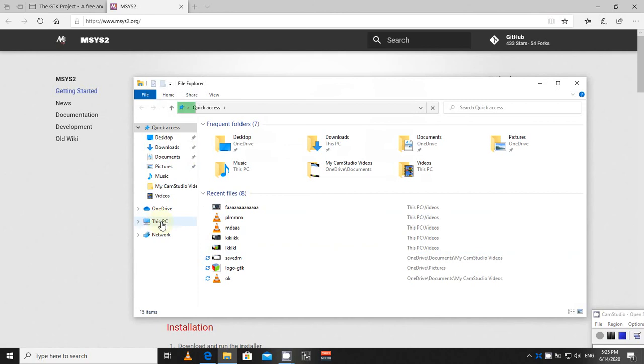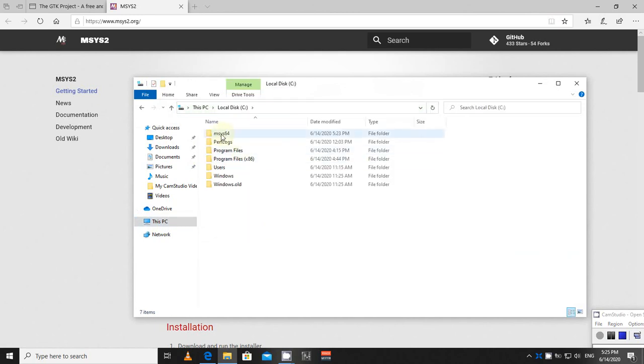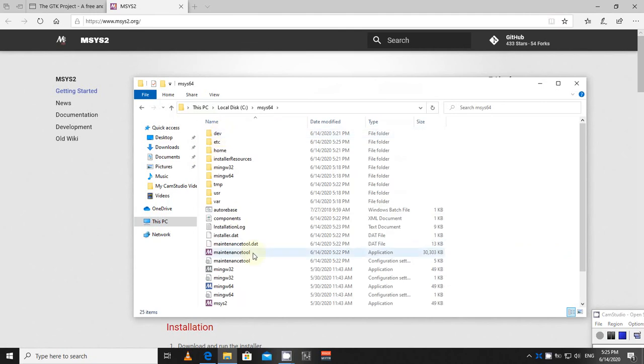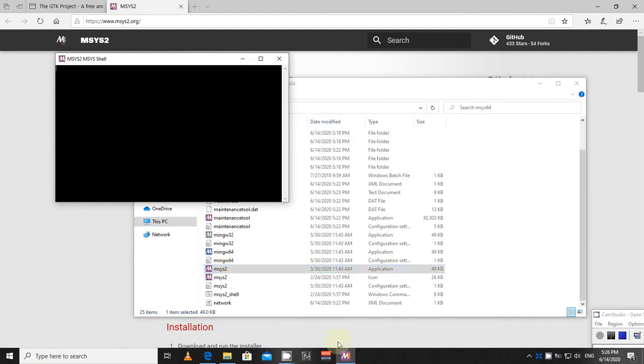It goes to This PC, in your C drive, and then MSYS2, and here you have it right here, the application. I'm going to run it, and of course right click on it on your taskbar and pin it to the taskbar. Now you need to issue the same commands again, so I'm going to hit the up arrow where